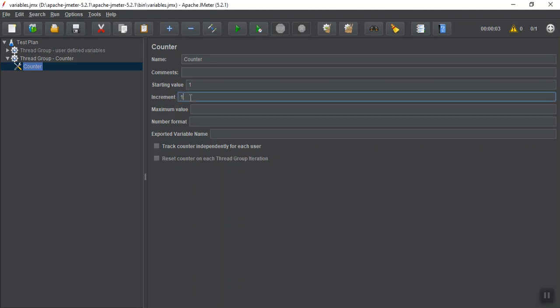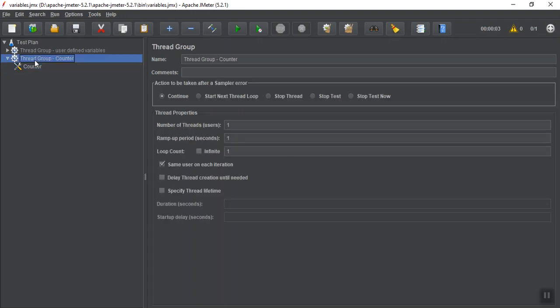Let's put increment as 1. I am not putting a maximum value. And for the variable name where I want this value to get stored, I am giving it. Okay, let's add a sampler.